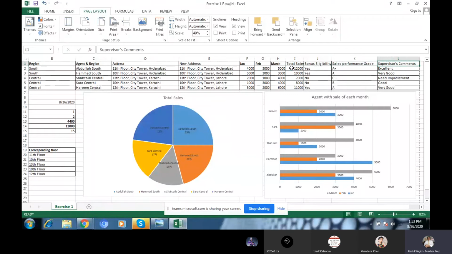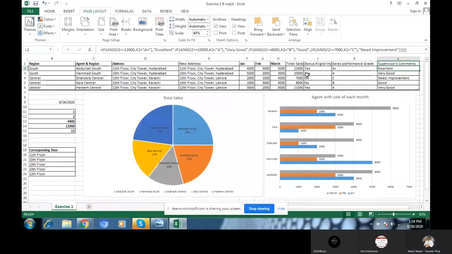Again, the other one is now supervisor comments, where we are using the AND function and IF function together. If I2 is greater than 12,000 and K2, meaning this cell, the sale performance, is greater than or equal to A plus, and this sale is greater than 12,000, you will give him Excellent.